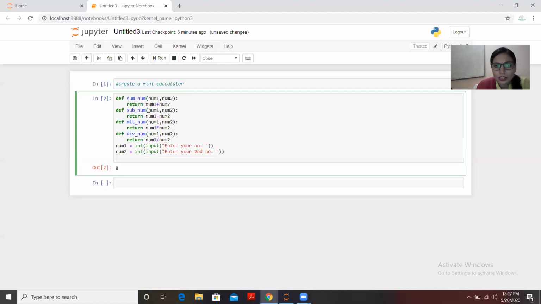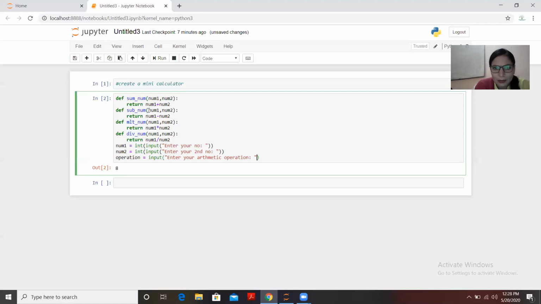And now how will these two numbers behave? Do I need to add these two numbers or subtract these two numbers? I want that to come from the end user only. So what I am doing is, I want a certain operation to be selected by the end user. So I'm giving the name operation equals to, and that should be a simple character value or a string. So I'm passing: enter your arithmetic operation. You can write anything. We'll make it more complex in further examples.